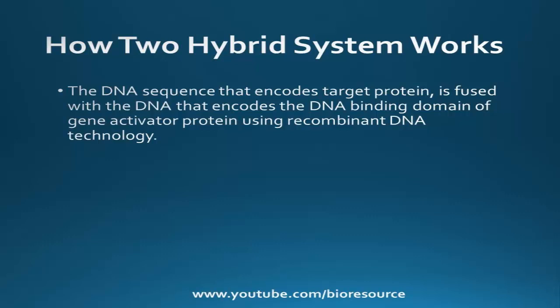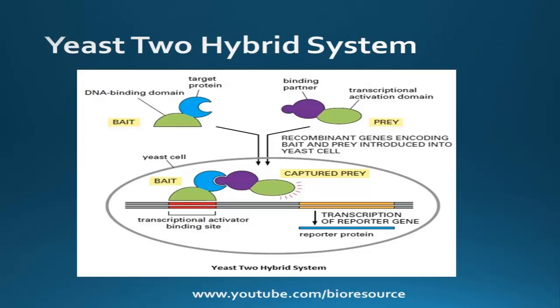Even though it looks complex, the yeast-2 hybrid system is relatively simple to use in labs to study protein-protein interactions. As the protein-protein interaction occurs inside the yeast cell nucleus, proteins from every part of the cell and from any organism can be studied using the yeast-2 hybrid system. This is how the yeast-2 hybrid system works.